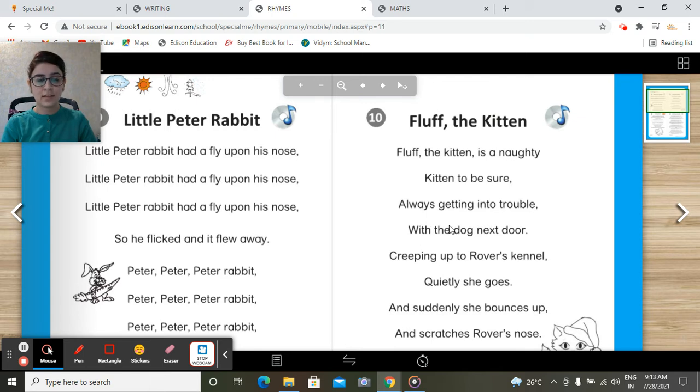Fluff the kitten is a naughty kitten to be sure. Always getting into trouble with the darkness road. Creeping up to your